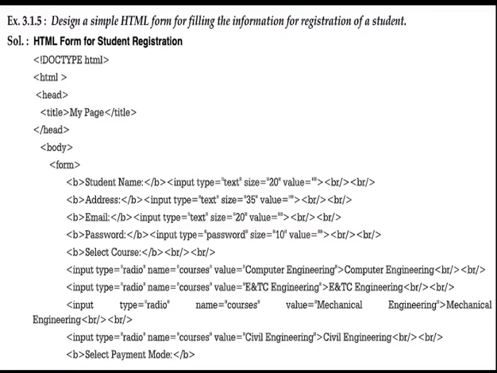4 courses, that is 4 radio buttons. Now you have to select a payment mode. So write the text as select payment mode. For that you have to create a pop down menu. So now we'll create a pop down